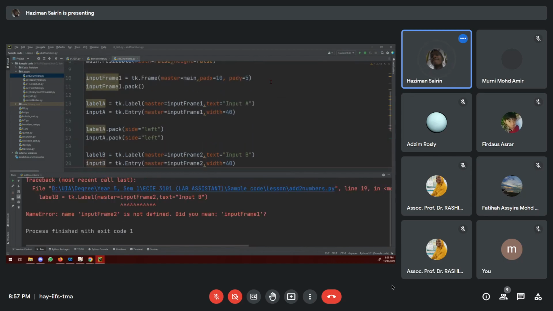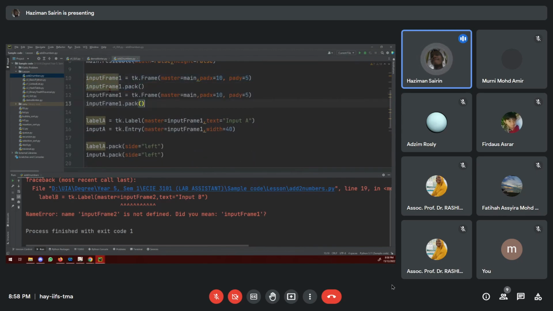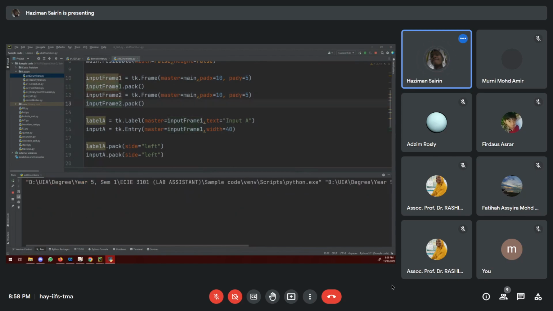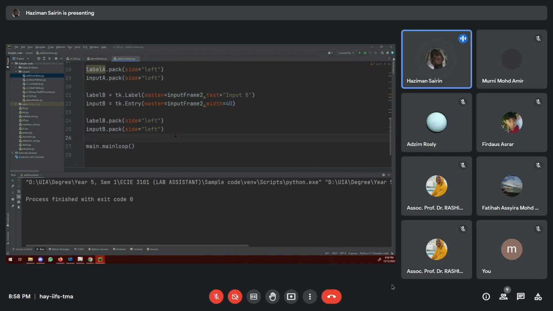Okay, we did not introduce the input frame 2. So what do you do? We introduce another one. So 2, 2. Okay. We have input A and input B here. Okay. So now we add another button. So let's say you want to put, okay. So answer, let's say